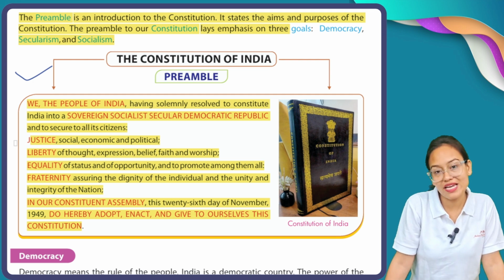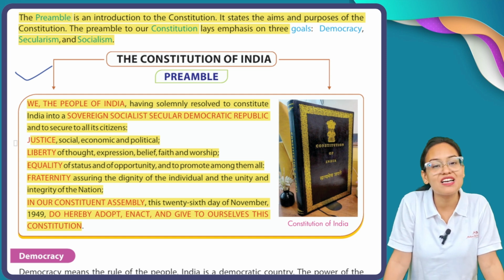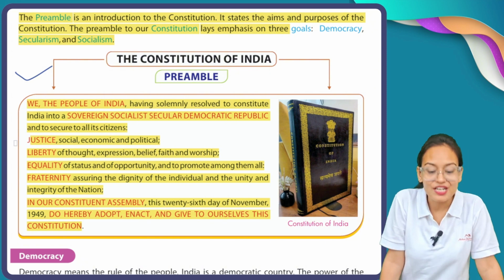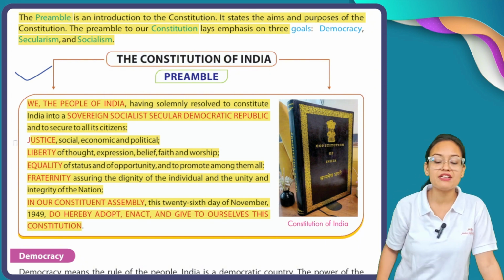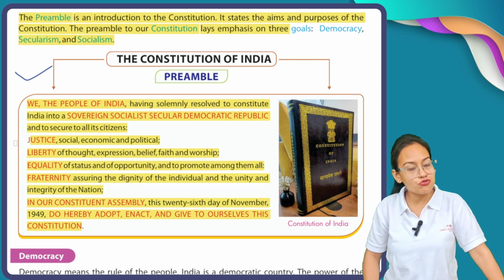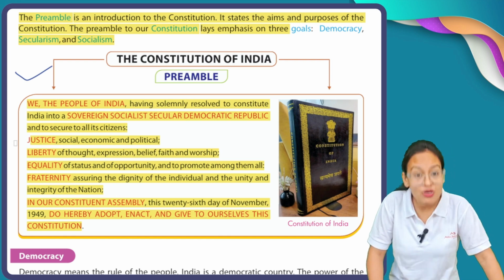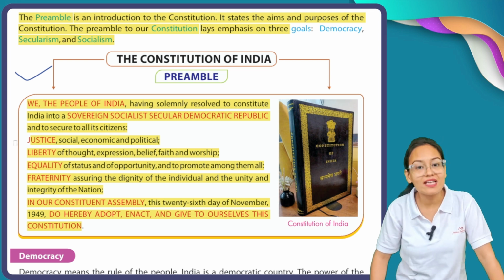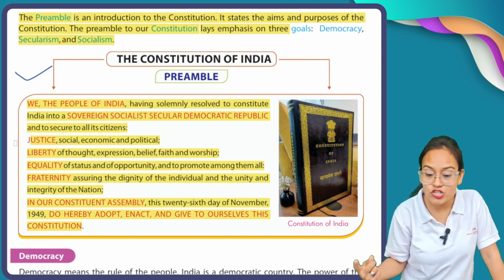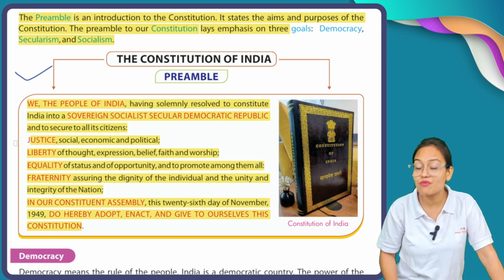We all are getting equal opportunity, we all are getting equal status in the eye of the constitution. Fraternity. Now, what is the meaning of fraternity? Assuring the dignity of the individual and the unity and integrity of the nation. Fraternity means our Constitution of India is providing us assurance that our government is fully responsible to maintain our dignity as an individual person of this nation, and they are 100% responsible to maintain the unity and harmony among the citizens